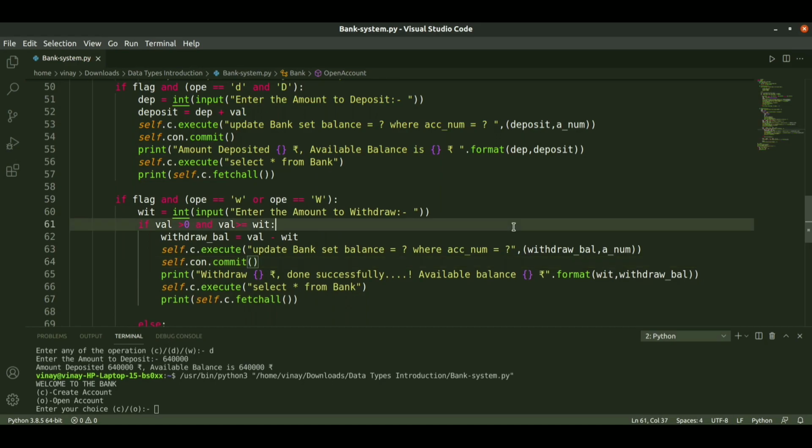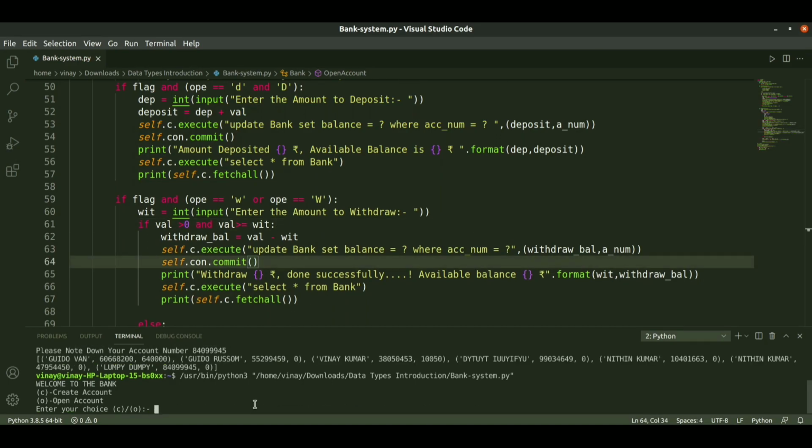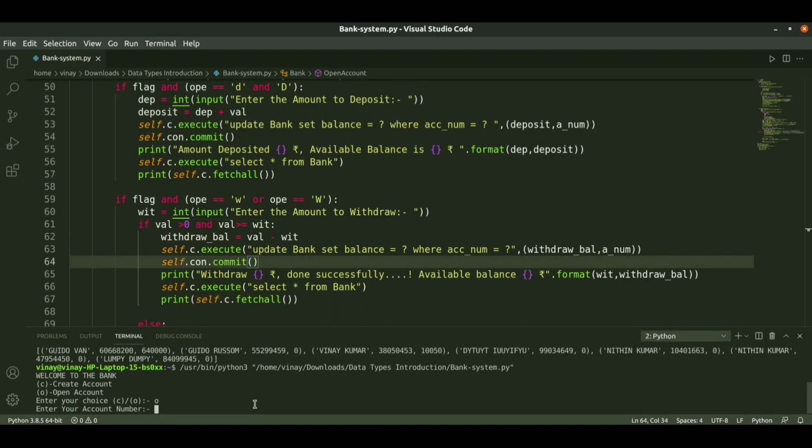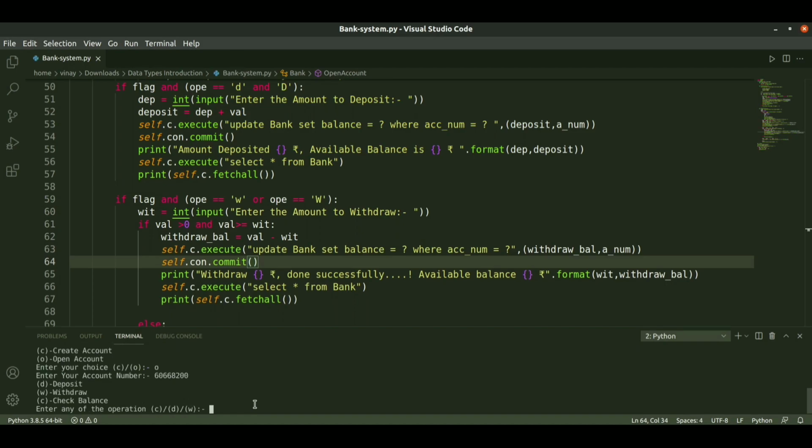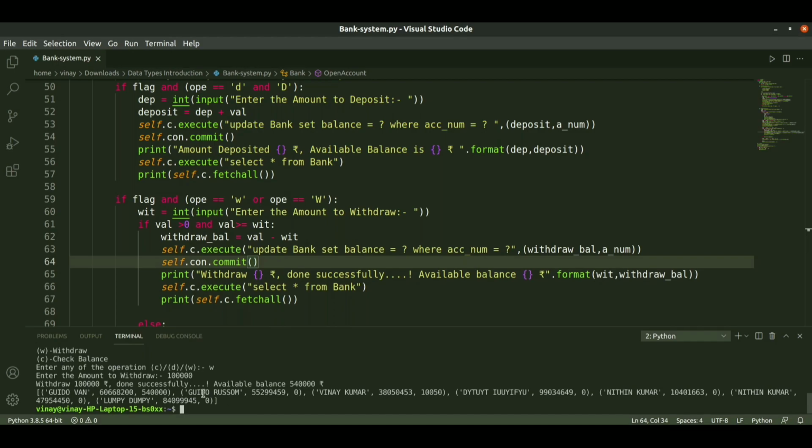I run it again, open account and paste that account number, and now W for withdraw and enter some amount. So here, withdraw of 1 lakh done successfully, available balance this much. This is the updated table, and it fetches this data.